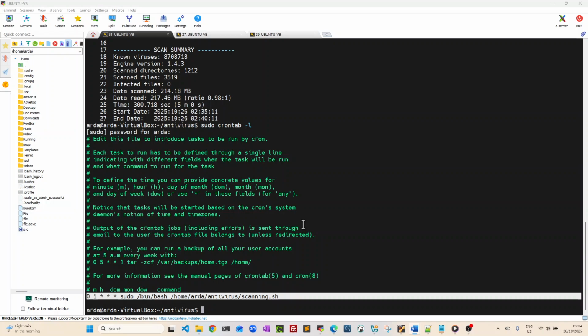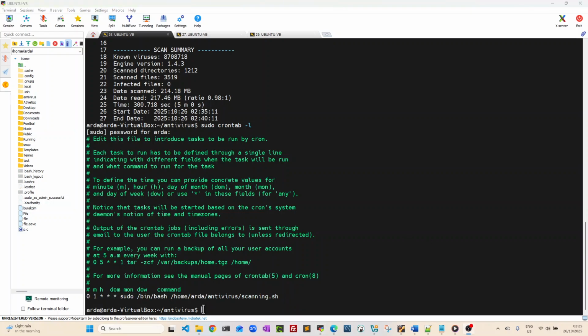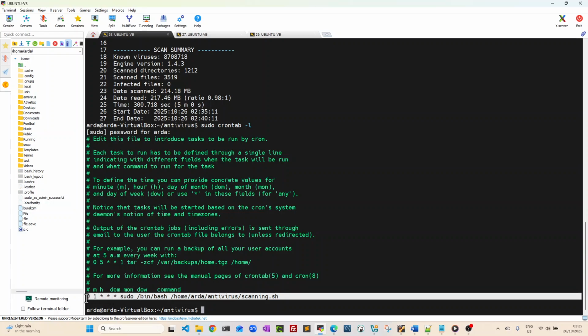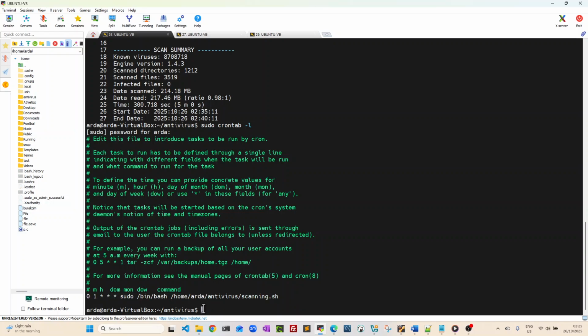If my operating system were open every day, I would see this run under the TMP folder at 1 a.m. every day. This one is an important part. And as an example, I'll run the same command, and the last step in this area, as an example, this is my example. I'll run the same command so I can demonstrate to you in a live broadcast that the program is working